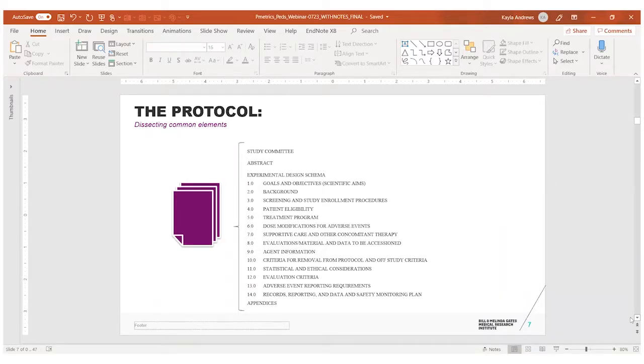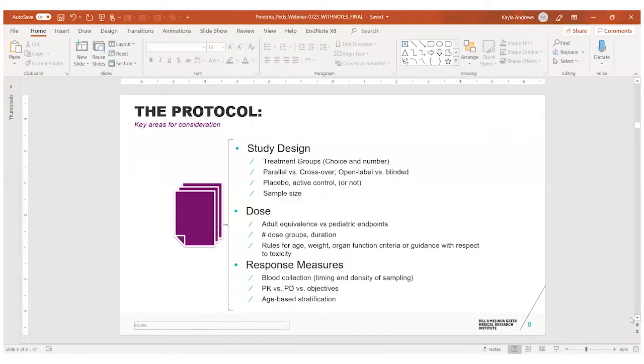the clinical exercise really starts at the level of the protocol. So there's a lot of information that is expected from the sponsor to be filled in here. And I think the key information from the standpoint of the modeler that we try to touch is informing the study design, providing a good rationale for the dose in children with some relevance to the adult experience, the details around the number of dose groups, duration, all of this kind of rolls up into a signature that allows us to say with confidence that we understand the therapeutic window, and the modeling piece of this is really just a tool. What we're going to measure,